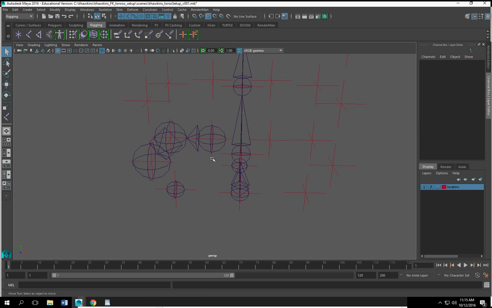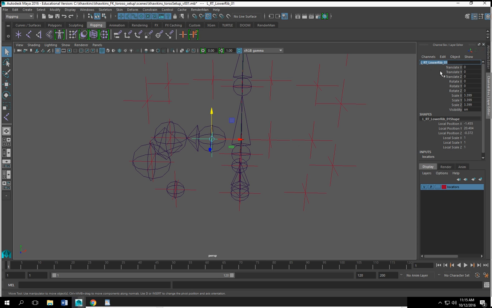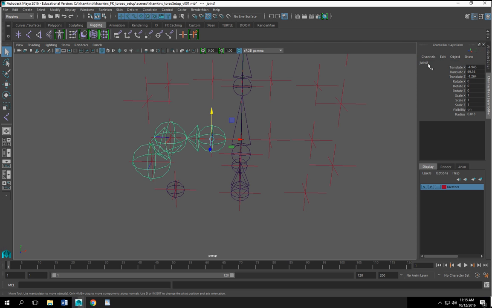And we'll use this naming convention of sorts. So RT lower rib 01,